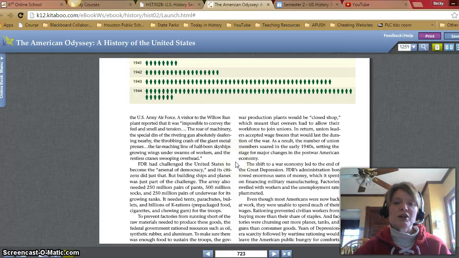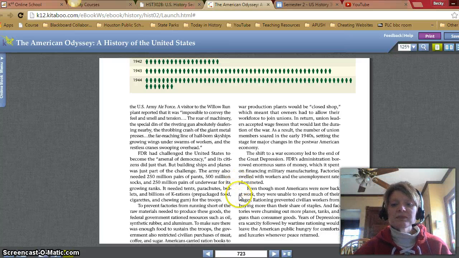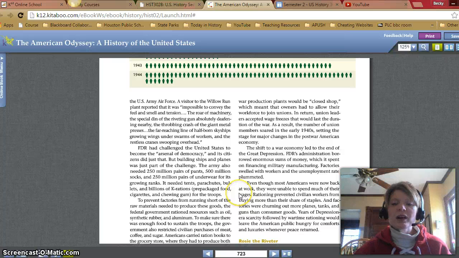the post-war American economy. The shift to a war economy led to the end of the Great Depression. FDR's administration borrowed enormous sums of money, which was spent on financing military manufacturing. Factories swelled with workers and the unemployment rate plummeted. Even though most Americans were now back at work, they were unable to spend much of their wages. Rationing prevented civilian workers from buying more than their share of staples, and factories were churning out more planes, tanks, and guns than consumer goods. Years of Depression-era scarcity, followed by wartime rationing, would leave the American public hungry for comforts and luxuries whenever peace